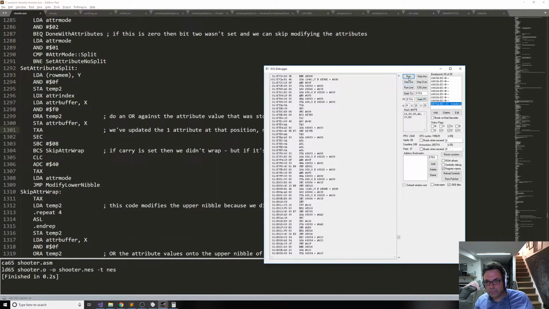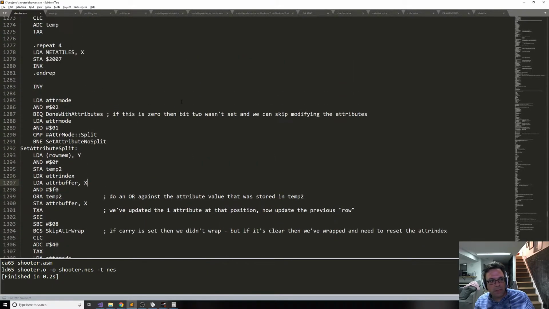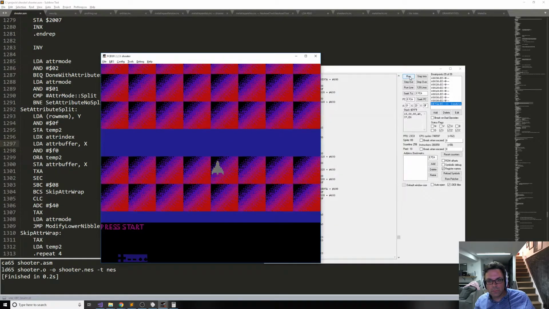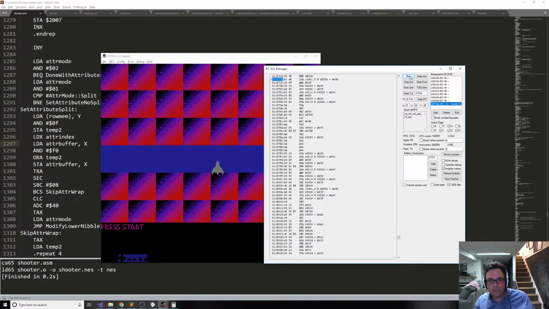Oh, because we're going to keep doing that. We're going to do that for every attribute that we have to update. Oh, wait a minute. No. Okay, no. That should be fine. I was going to say we're doing it too many times, but that's actually okay. So now we're at the next meta tile. All right, so now we're updating